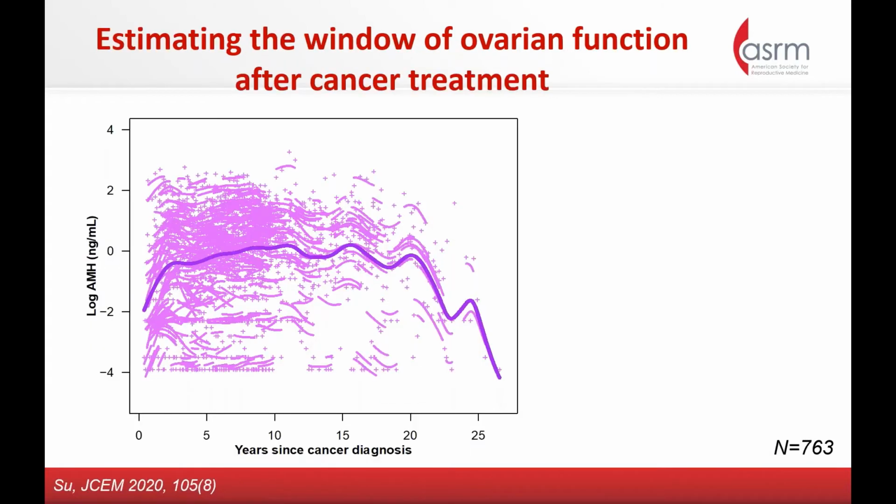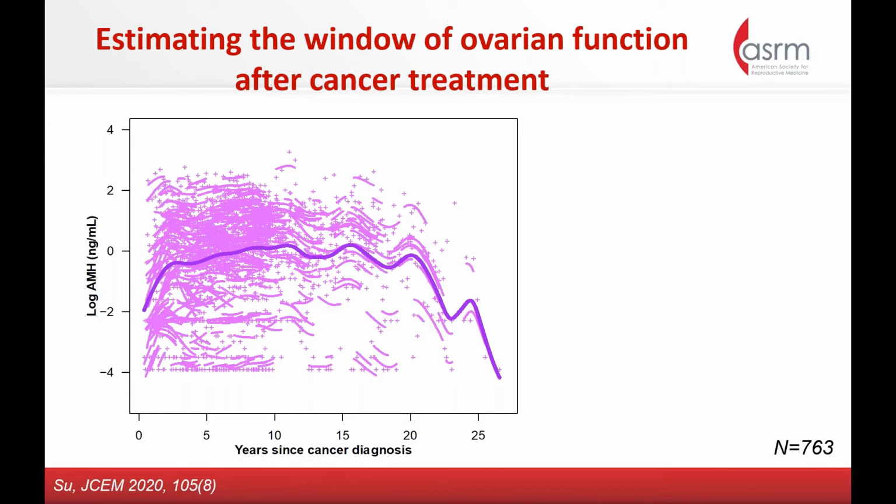Also wanted to estimate how much of a window of ovarian function there is remaining after cancer treatment. So in a cohort of about 760 AYA cancer survivors, we asked these survivors to poke their fingers at home to give us dry blood spots in which we measured AMH. These survivors could be on the left right after cancer treatment,